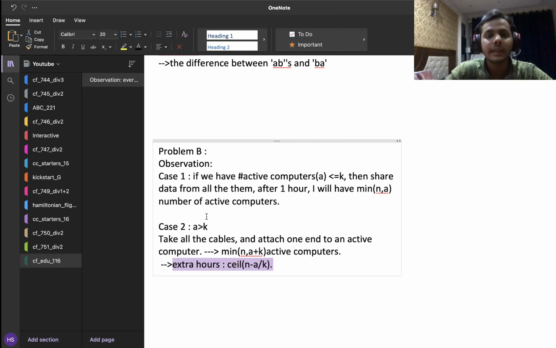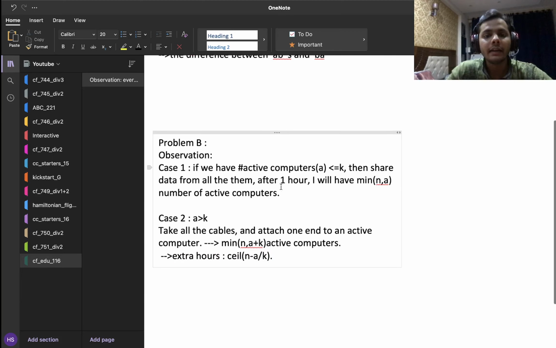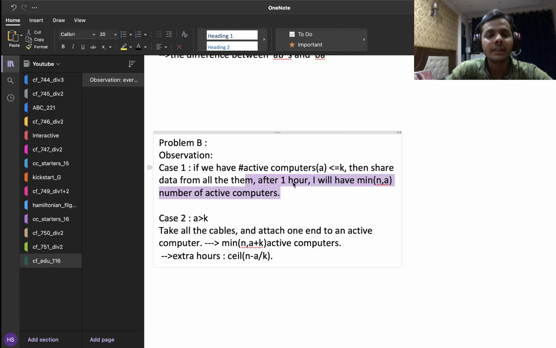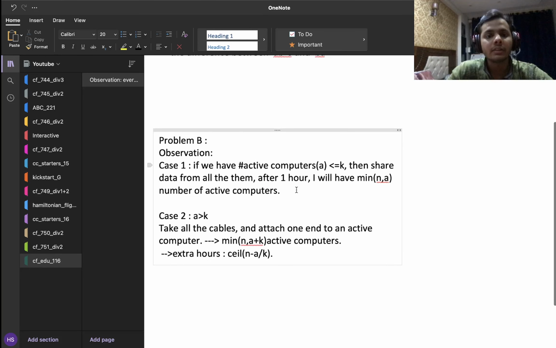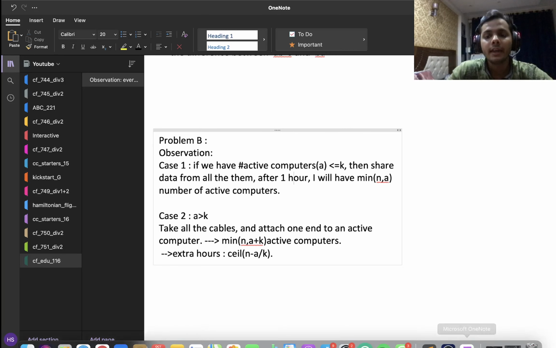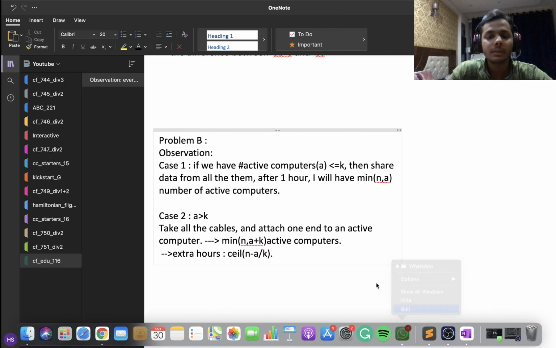So this is my extra which is getting added once I have reached a situation where the number of active computers exceeds k, and if that is not happening, I can just keep doubling my computers until my number of active computers is less than or equal to k. And if I reach a situation where the number of active computers exceeds n in the first case itself, then I'll just break out. And yes, this is a greedy approach which we can follow to get the solution to this problem. And that pretty much sums it up.